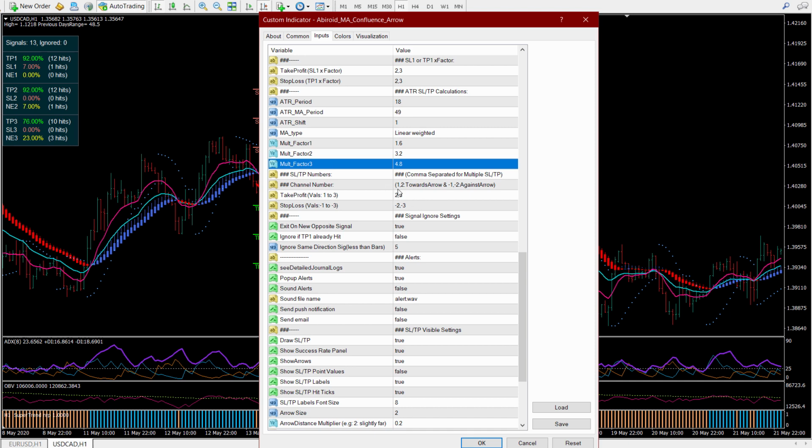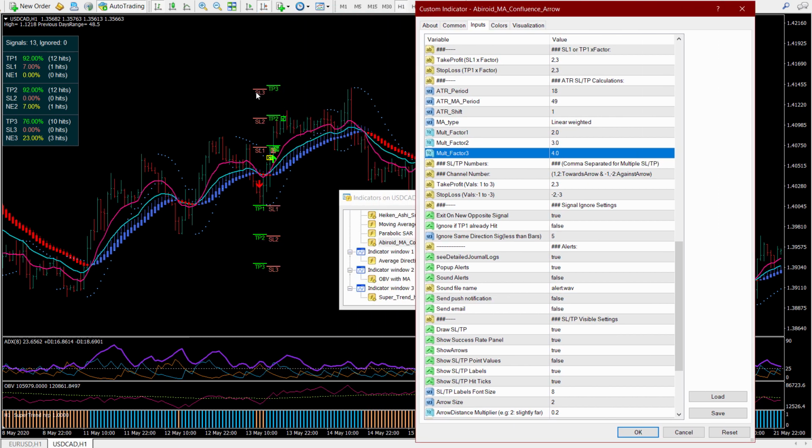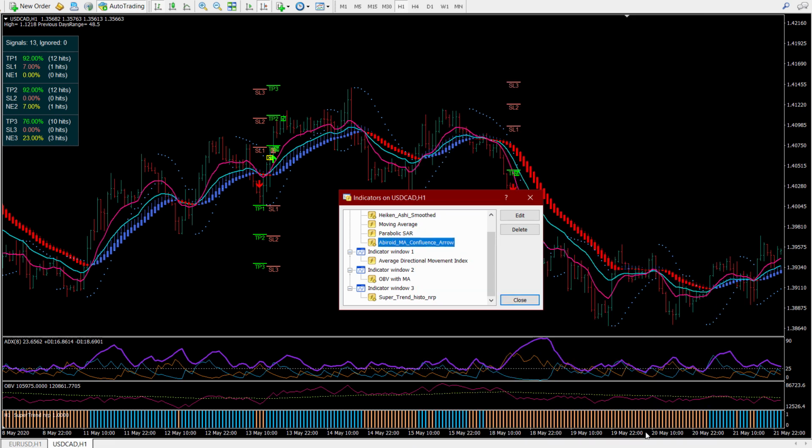Since we are using channels 2 and 3, let me try 1.5 or maybe 2 and 3 and 4. If I have these values, as you can see, these stop loss, take profit, these will move closer together right here.